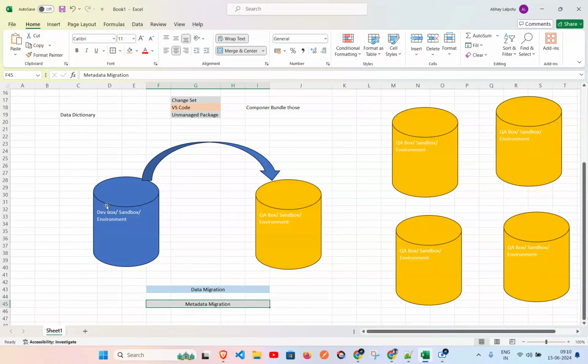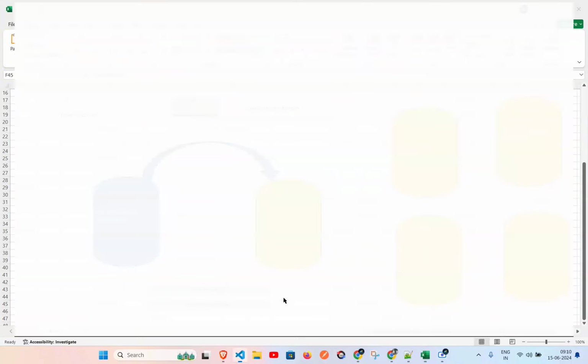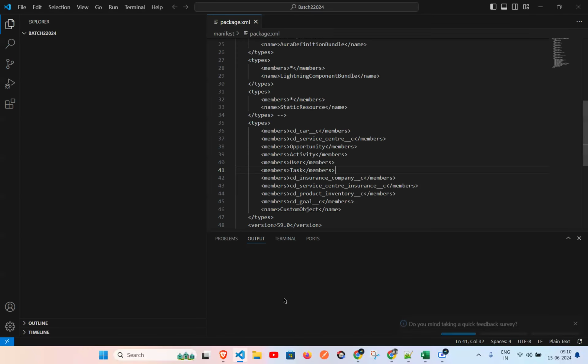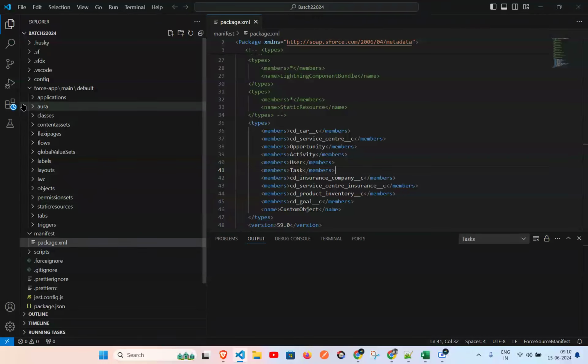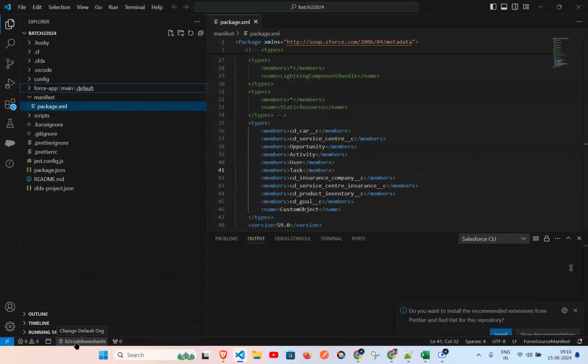Okay. Now I won't take much of your time. I'll just navigate to VS Code. So VS Code for setup, again, as I told you in the beginning, you can go through what is setup and how you can do that. Now, if you see here,